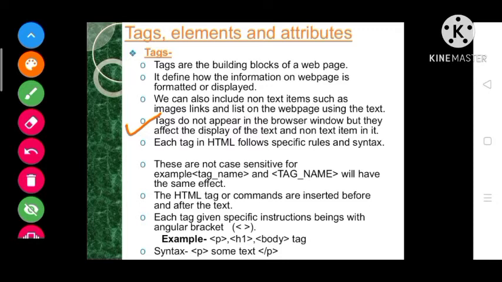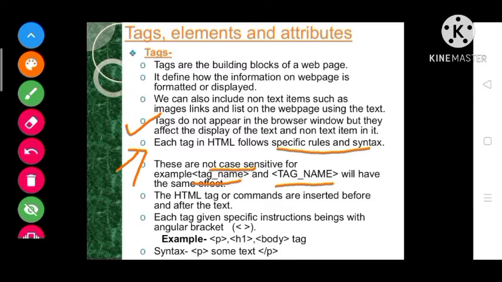Each and every tag in HTML has some particular rules and regulations. They follow some syntax. And these are not case sensitive. Not case sensitive means if you have written a tag name in small letters and somewhere else you have written the same tag in capital letters, it will have the same effect.